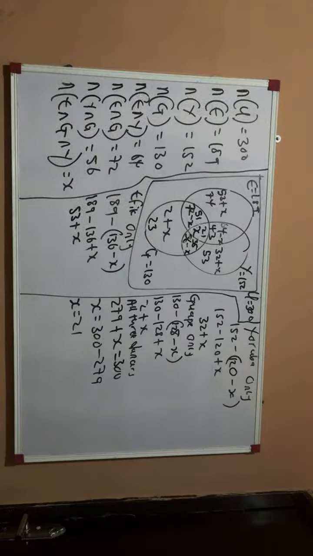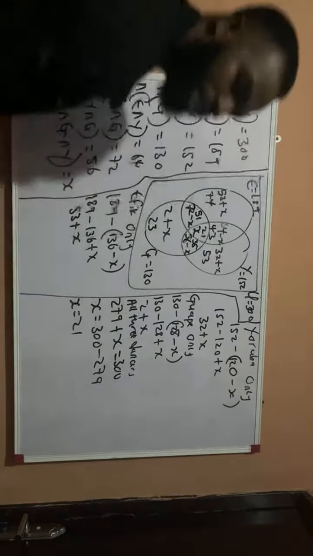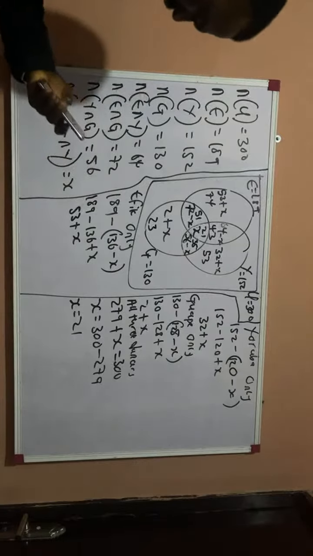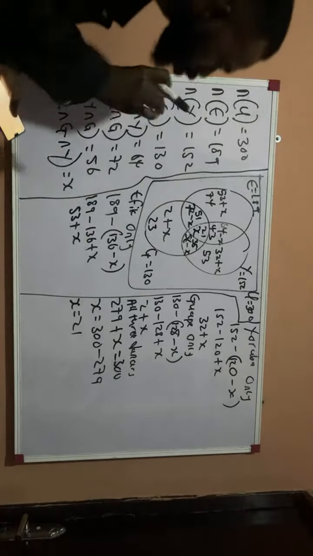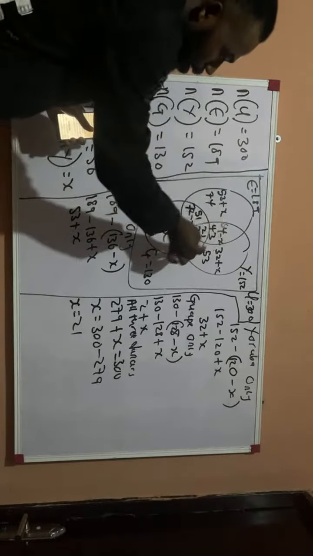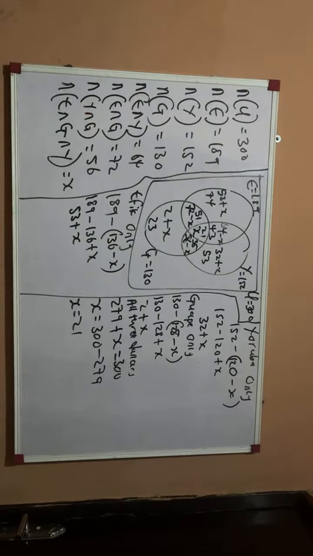Now, it means that we have solved all this math by substituting the value of x, which is 21, in the question. Now, without wasting time, let us go back to the question that said, how many viewers love exactly 2 of the dancers? Exactly 2 of the dancers becomes 43 plus 35 plus 51. And that will give us 43 plus